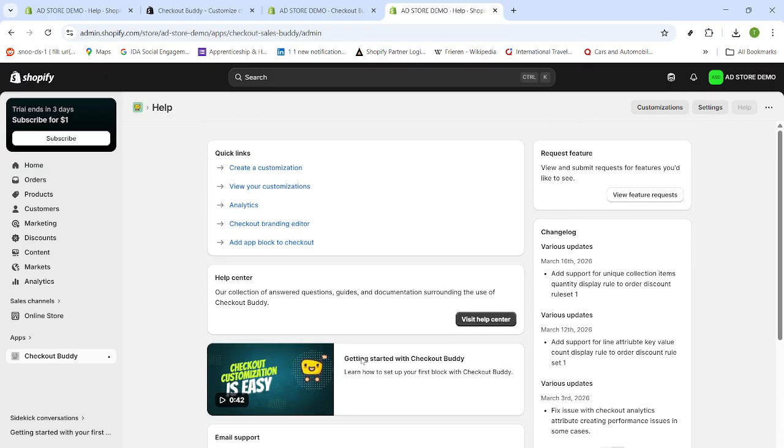That's it. You've installed Checkout Buddy, created your first customization, connected it to Shopify's checkout editor, and know where to monitor results and get support. Test your checkout,